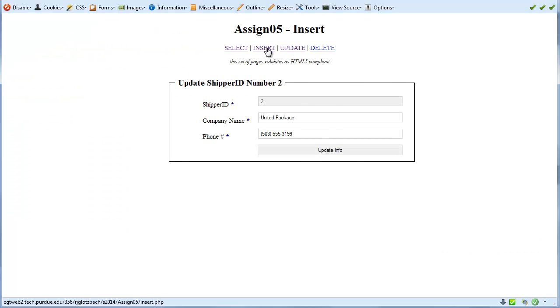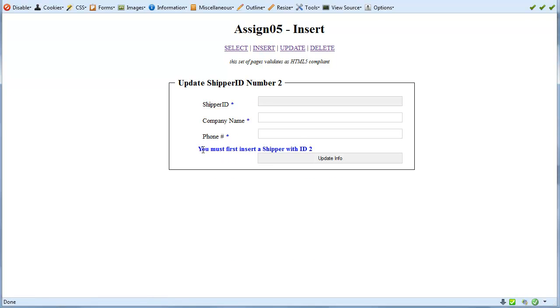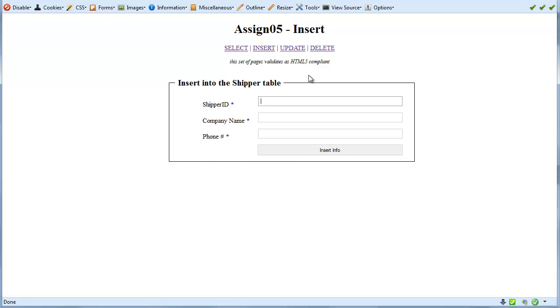Let's come out here and try it. Let's go to select. We can see that there is a 2 there, and we'll hit delete, and it will briefly refresh, and 2 down here will be gone. So it's gone. Now let's go to update. We get an error message that says you must first insert a shipper with ID of 2. So we can't do anything here. We have to go to insert,